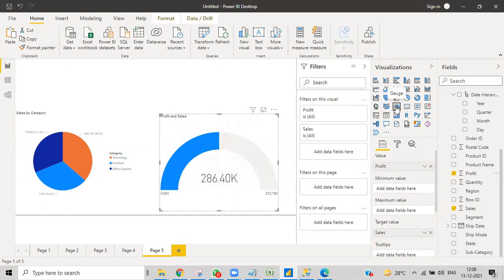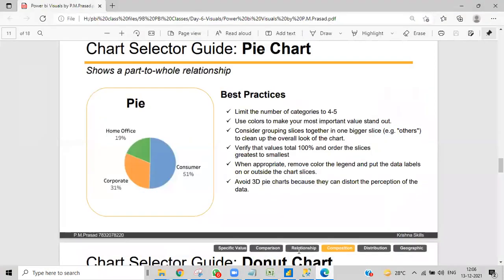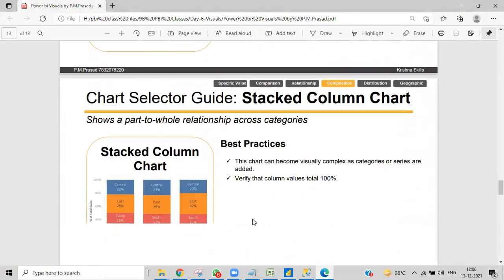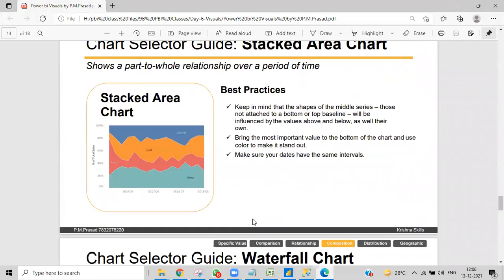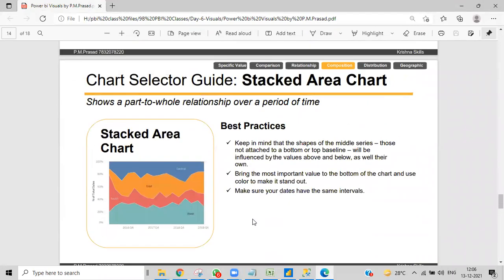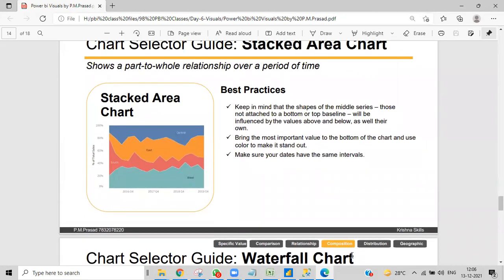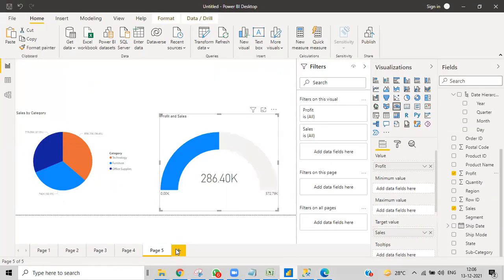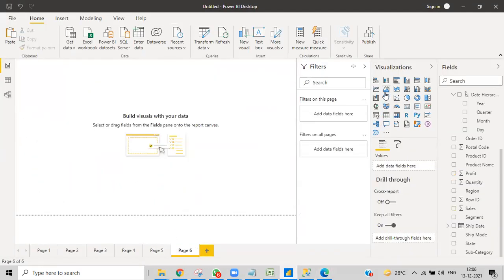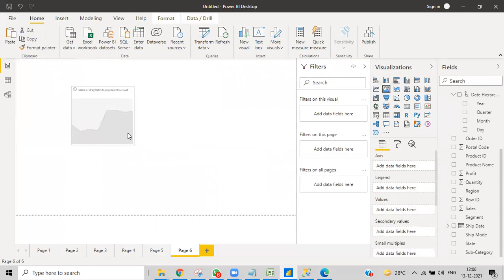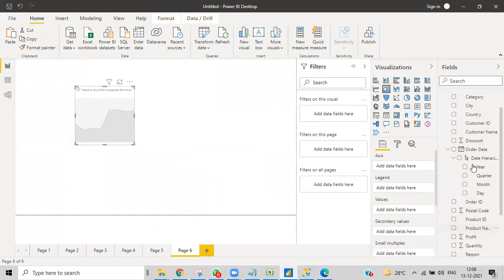Okay, and let's go deep dive into this. Then the stacked column chart, then the stacked area chart. I hope we did not discuss this. The waterfall chart we also discussed, and for that we need to go into it. Okay, this is an area chart. So trend again.